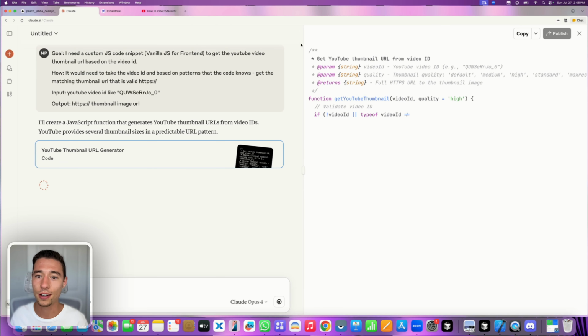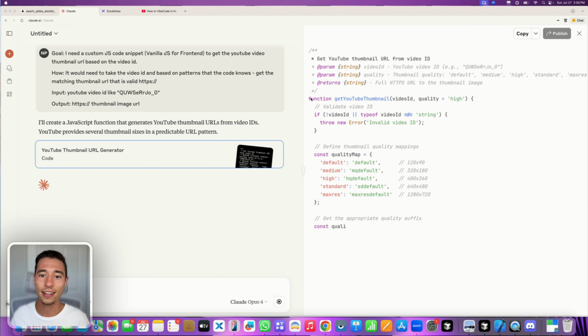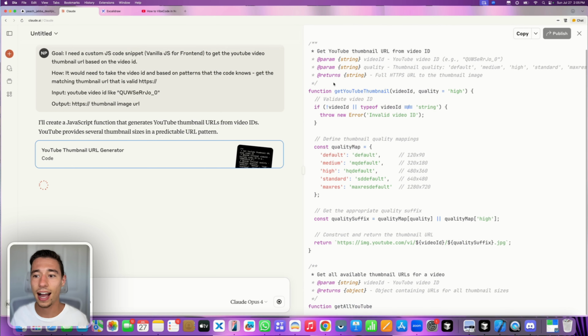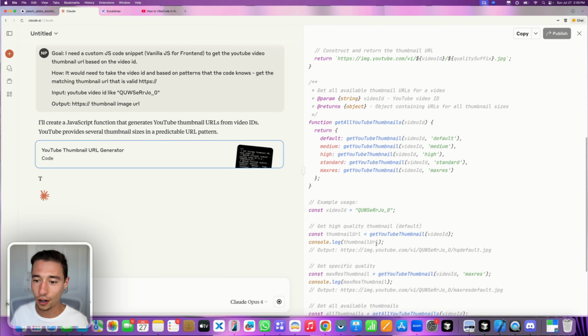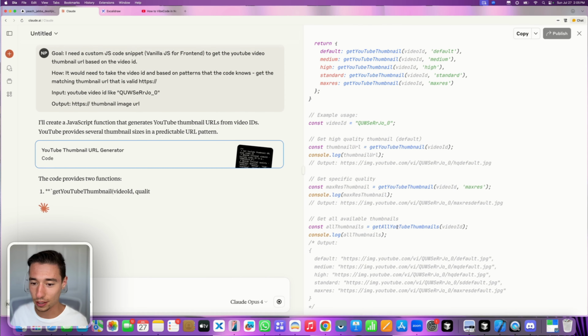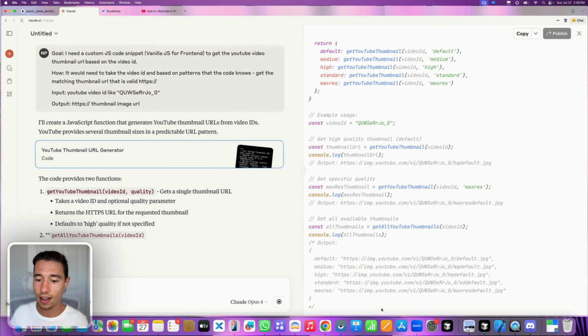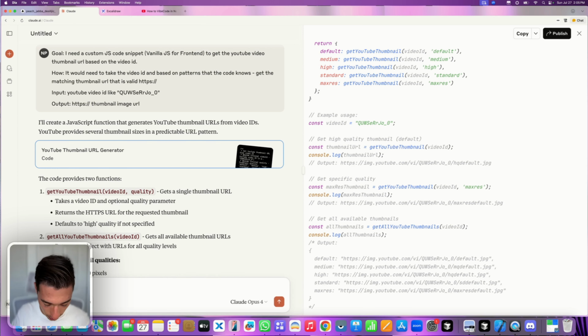So as you can see, the AI is trying to come up with some things that was in a previous chat, so I wanted to forget essentially everything. But it looks good so far. That is pretty nice. We can get all YouTube thumbnails and we can lock them. But I want to say make the code